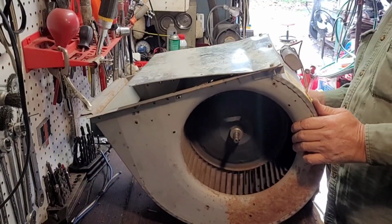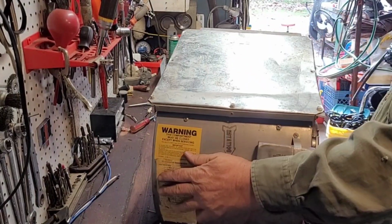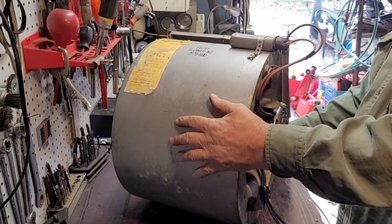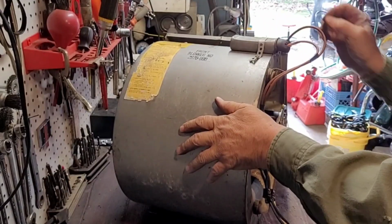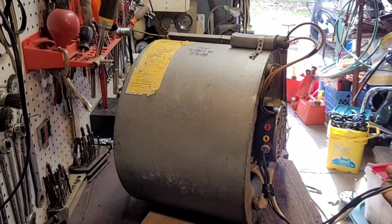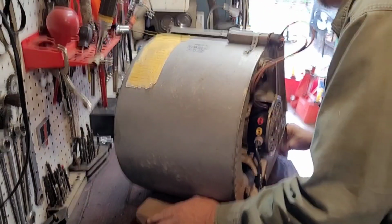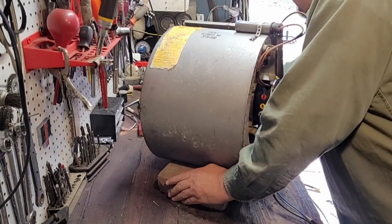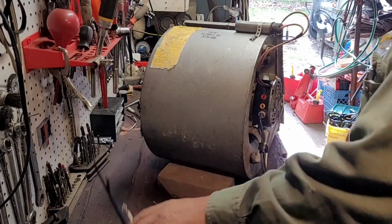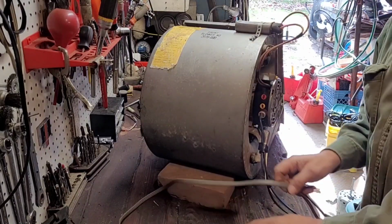And as you can see, when you tilt this up, I'm going to tilt this up to run it like that. We'll put this brick behind it so it don't take off on us, because they do have a lot of torque. And I want to make sure you can see the meter. So I'm going to get my alligators hooked up here. We're going to hook it up